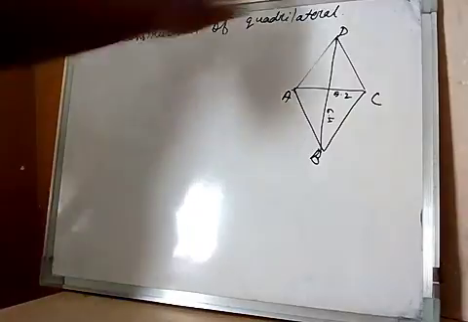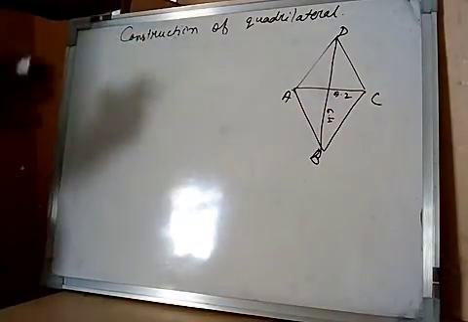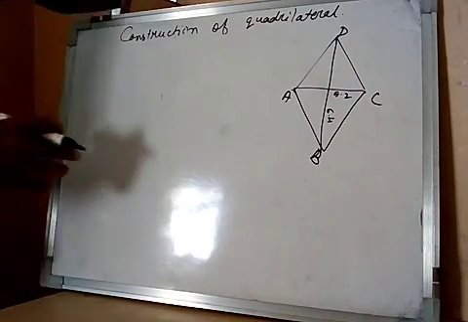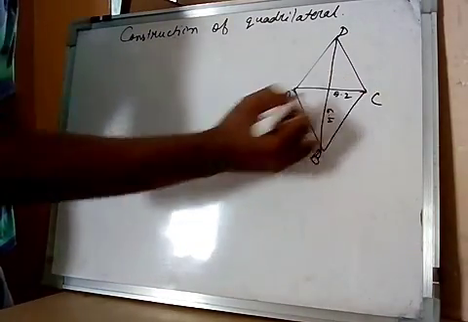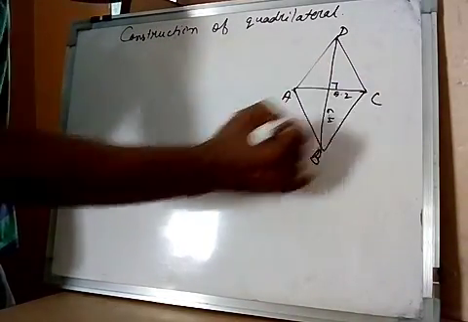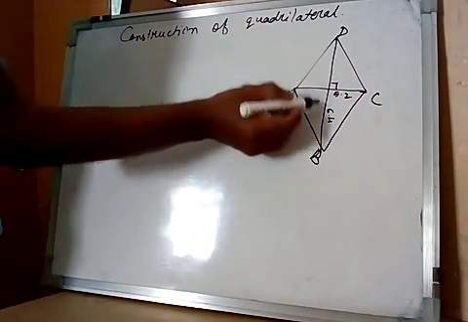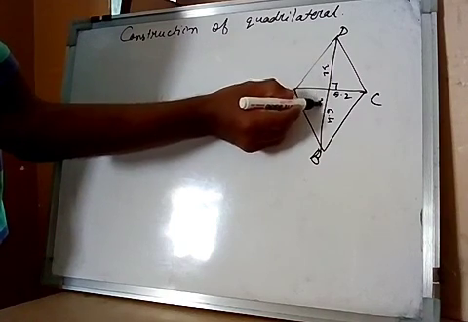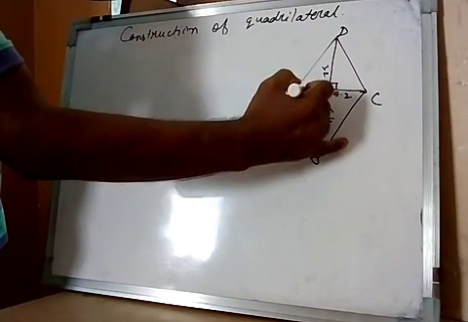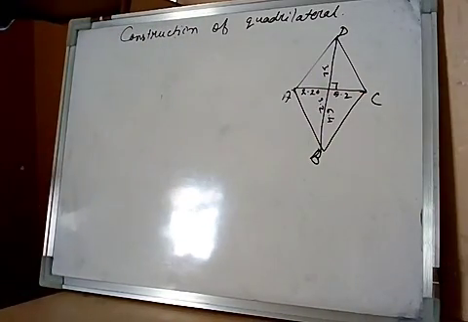Now in this rhombus ABCD, the side has not been given or any angle has not been given, but we know the property of rhombus. Rhombus says if the two diagonals are given, then the two diagonals are bisecting each other at right angle. That means they are making half to each other. So here 6.4, then this side is 3.2 and this side is 3.2. 5.2, then this side will be 2.6, this side 2.6. So here with the help of a compass and scale we will draw.